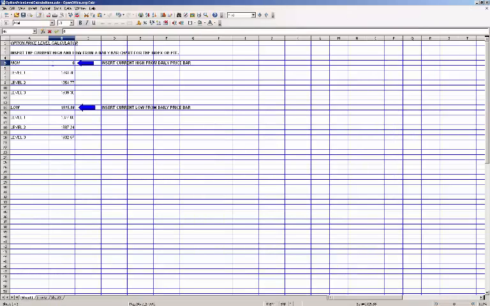spreadsheet and we're going to punch in the high of the SPX, Monday's high, which was 2588. And we're going to punch in Monday's low, which is 1915.98. Hit enter. And